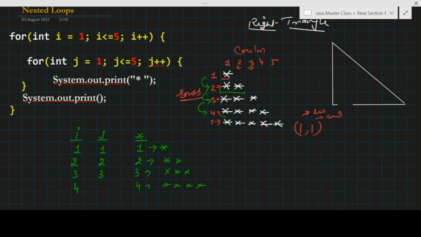And how many total columns are we printing? We are printing 4 columns. And same goes for the fifth row, and we are printing 5 stars in the fifth row as well. So one thing that you have to clearly notice over here, the total number of stars that are getting printed